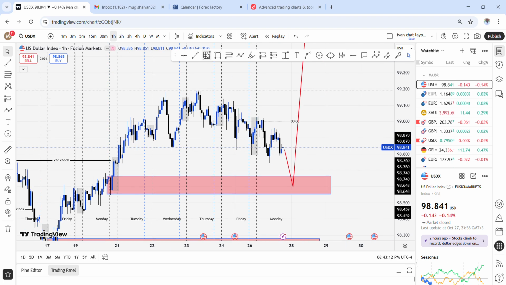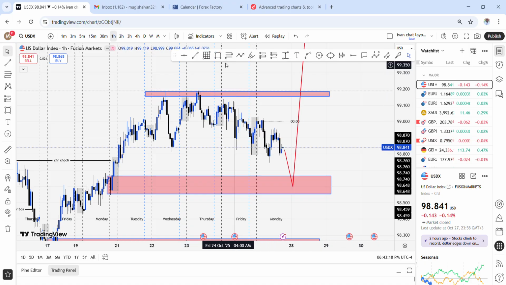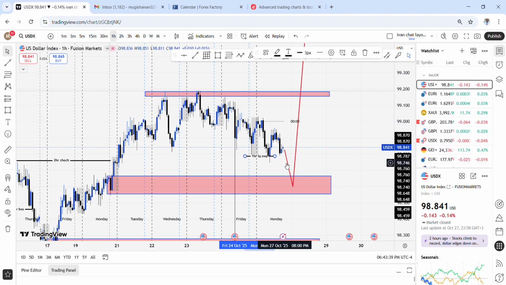If we draw this order block around this zone, and we also draw our order block around this zone, we see that markets so far are doing what? They are failing to break below. They are just taking liquidity. So if we call this a 1 hour liquidity sweep, which has happened around this zone,